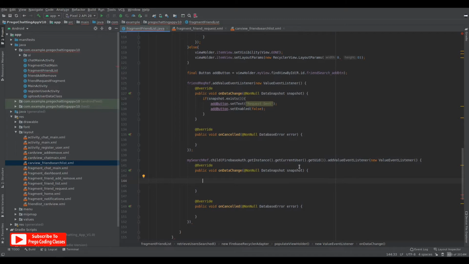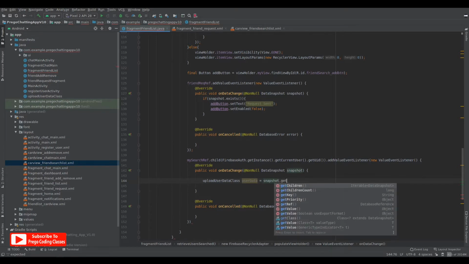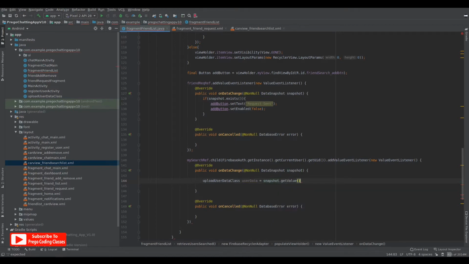So we'll say register or upload user data class, give it a name, user data, equals snapshot dot get value of upload user data class dot class. Now this gets every data from the database.